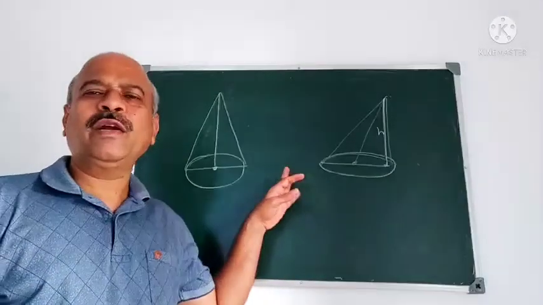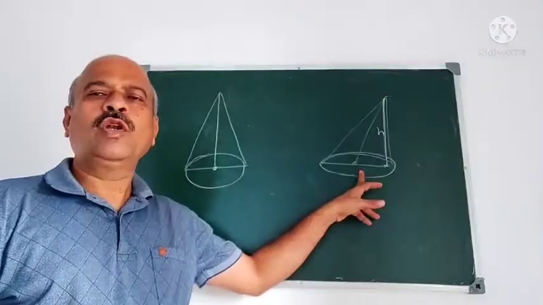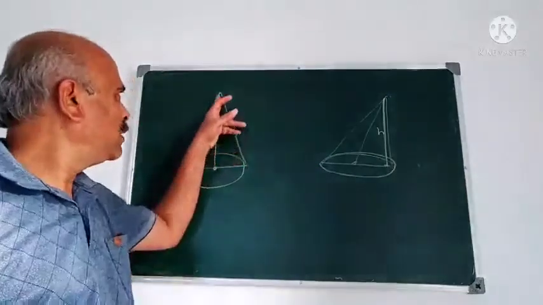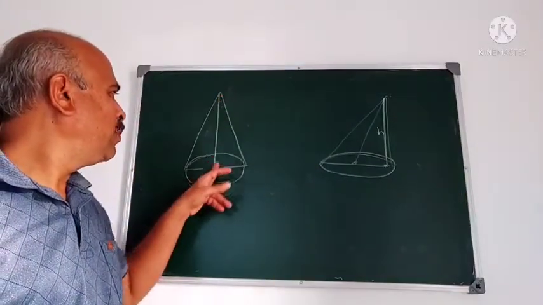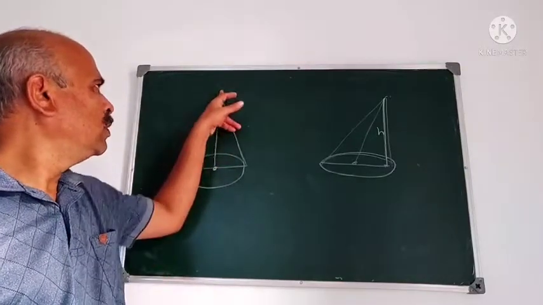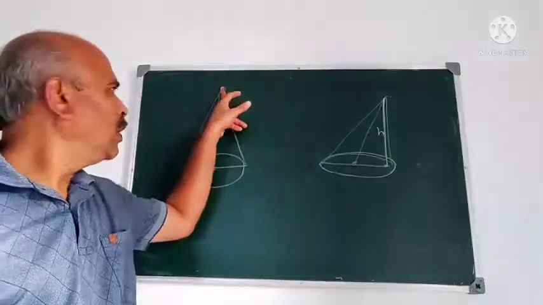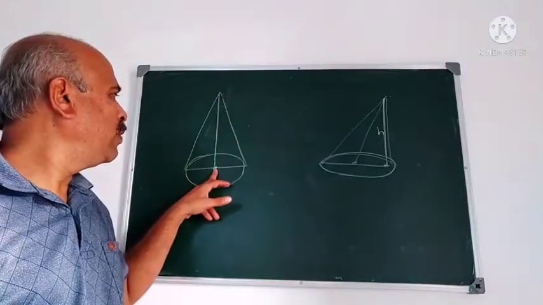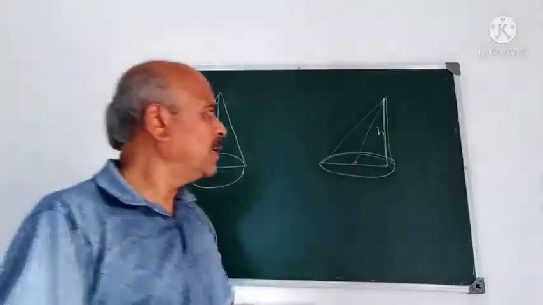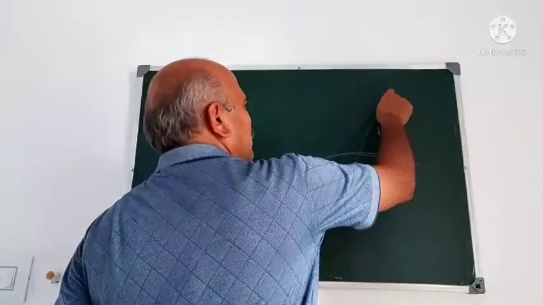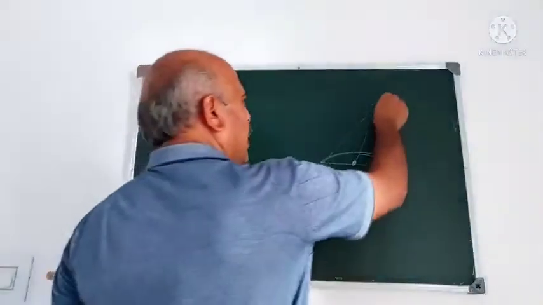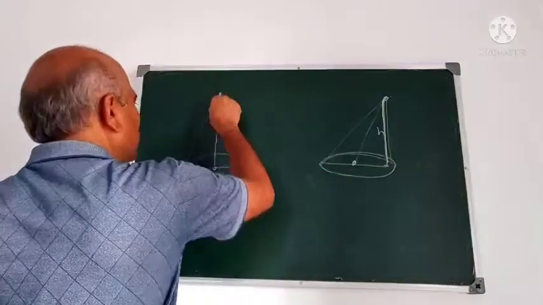Now we consider any cone, oblique cone. What do you mean by oblique cone? What is the difference between right circular cone and oblique cone? In case of right circular cone, the vertex is on the perpendicular from the center of the guiding curve. That is, the vertex lies on the perpendicular from the center of the guiding curve. But here, this is the vertex and this is the center of the guiding curve. Therefore, this is the height here, this is the height, but this is not the height.